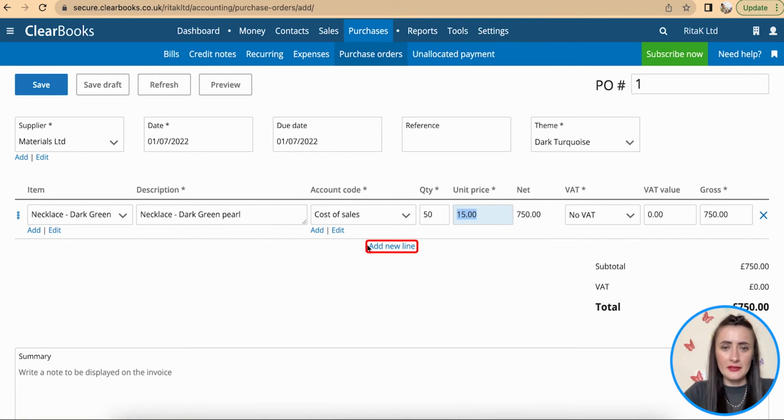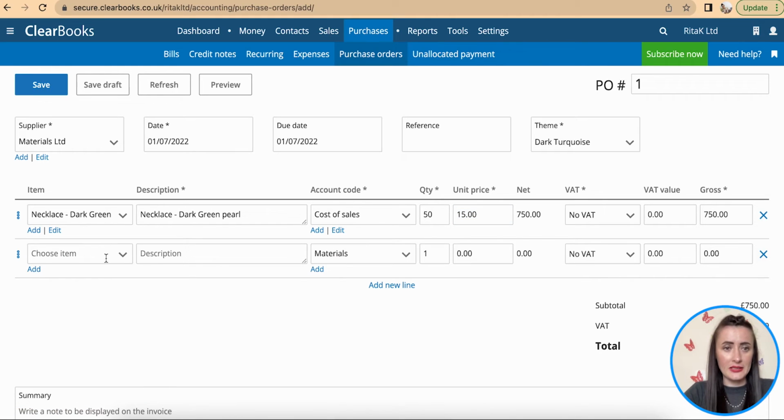To add a new line, click on add new line, and I can select my second line item, and I want to get 100 of the white pearl necklaces. Okay,